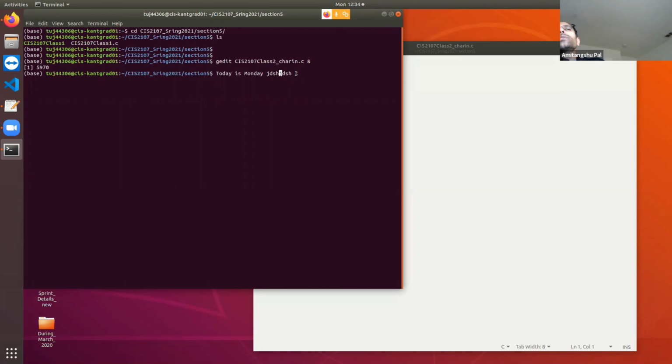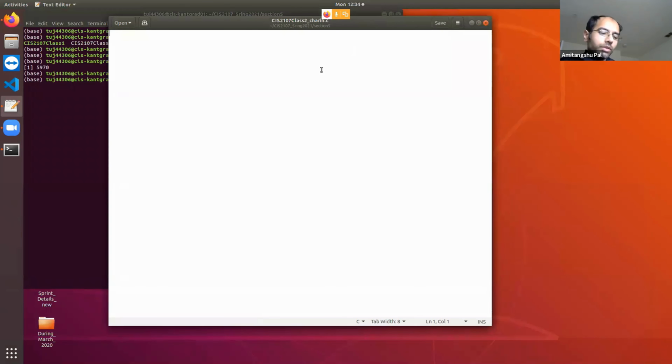Okay, so let me write that program using printf and scanf first, then I'm going to replace this printf and scanf with getchar and putchar. Okay, so let's see. So start with hash include. So I first need to scan one character. Okay, so let's initialize one character c, then scanf %c and &c. So this is going to scan one character and store it in c.